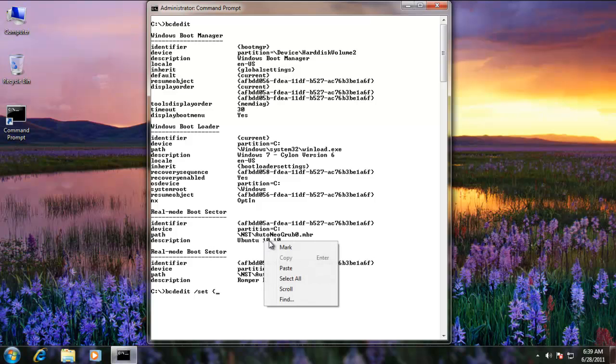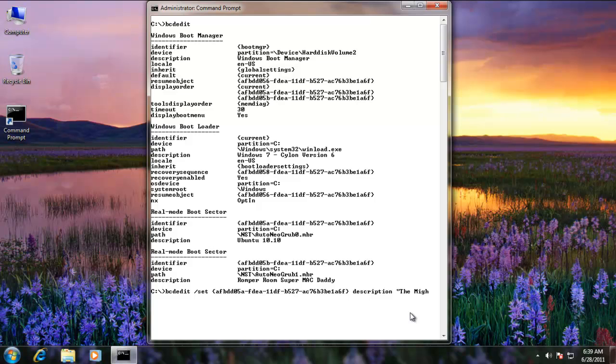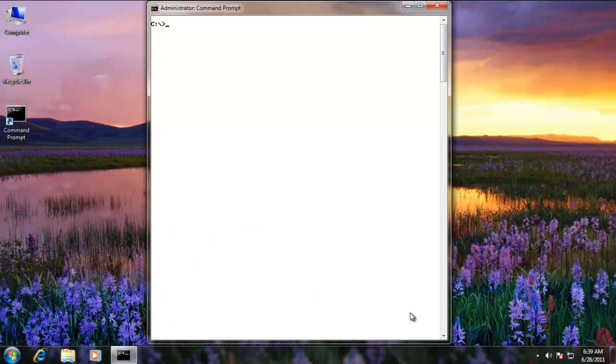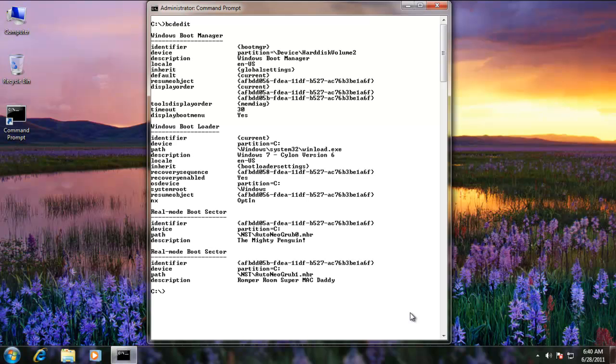And let me go ahead and grab this tag here. So when I get the UUID right here, and I get the last curly brace there too. Alright, so there's the closing curly brace and description, and the Mighty Penguin, and again I'm going to go ahead and list the contents thereof with BCDEdit, and that would give me the